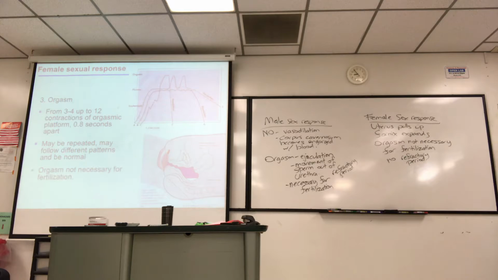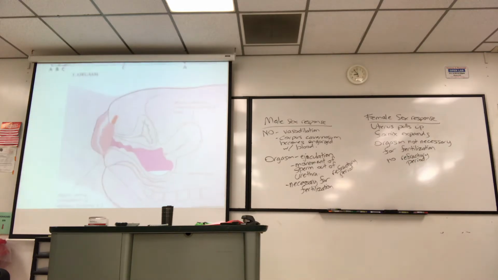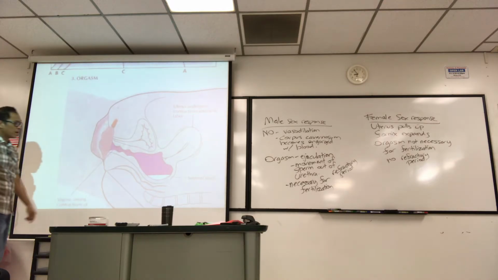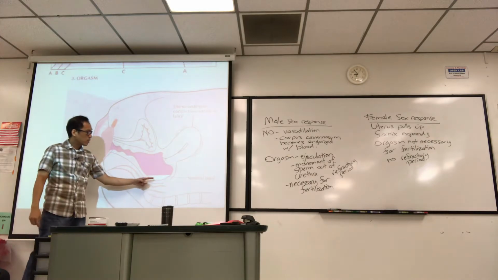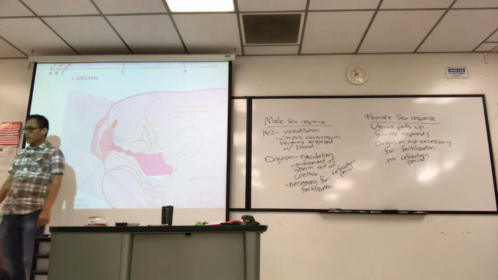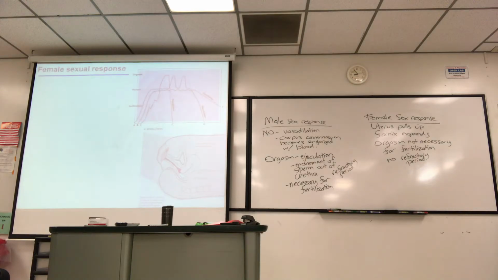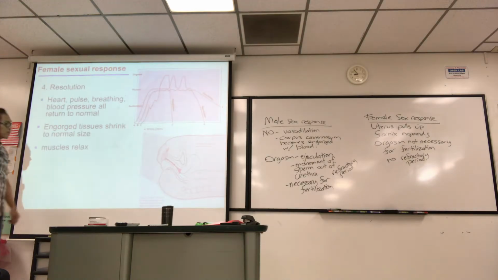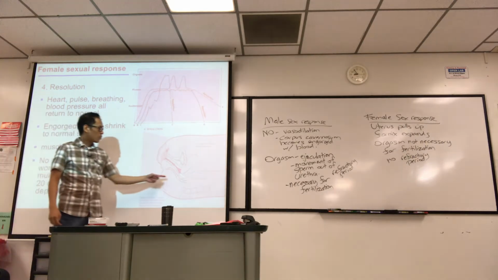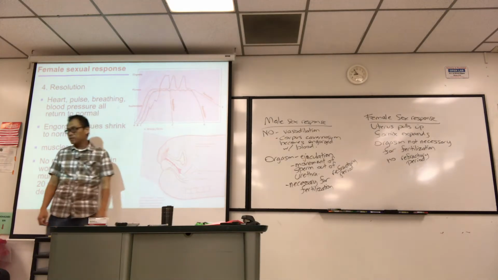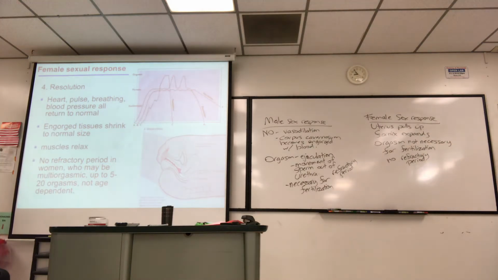We talked about the human sex response before the break. After male ejaculation, I said that for the female, the fornix expands, and something I didn't point out there, you have a seminal pool right there. And then during resolution, when things shrink back, the cervix dips down into the seminal pool, and then sperm will have a chance to swim for fertilization. So that kind of takes us to the next chapter, fertilization and development.